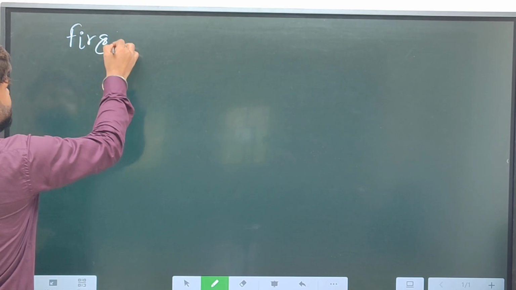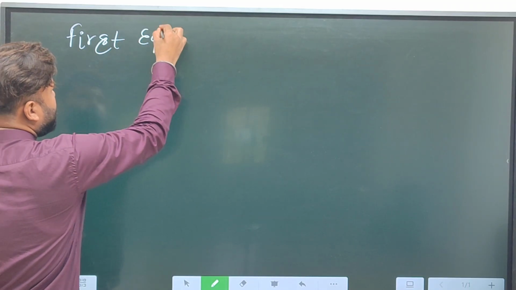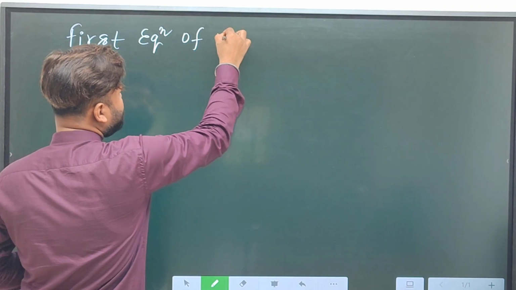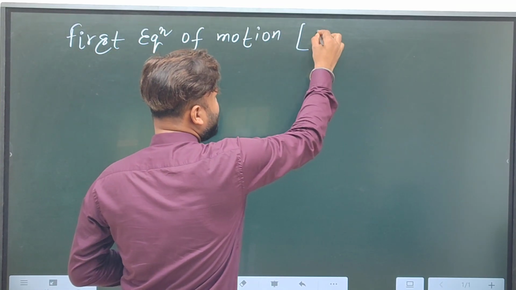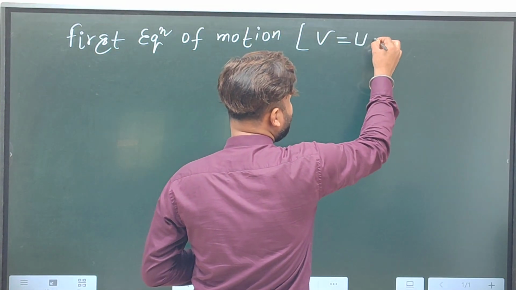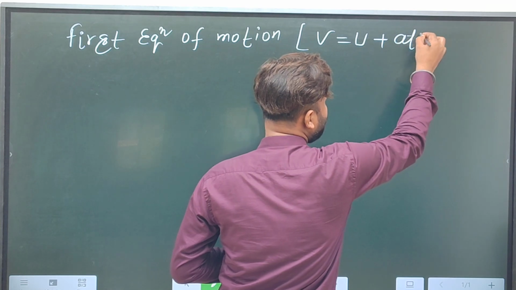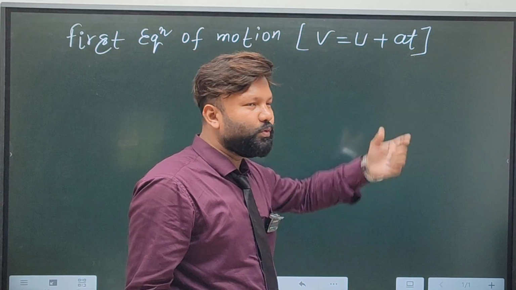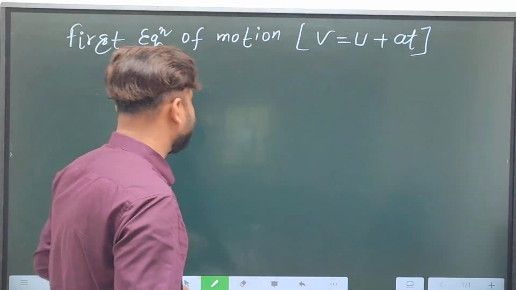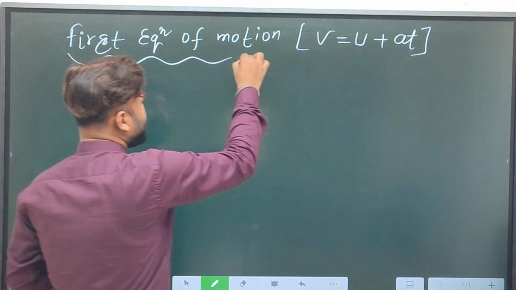First equation of motion. What is the first equation of motion? V is equal to U plus AT. We are going to prove that V is equal to U plus AT. So students,